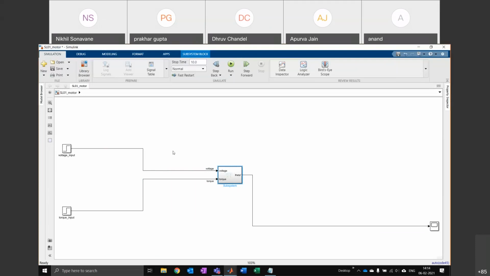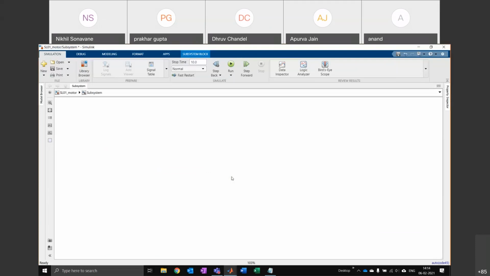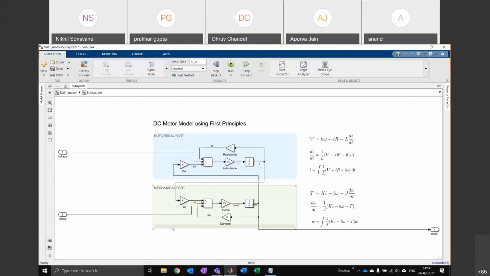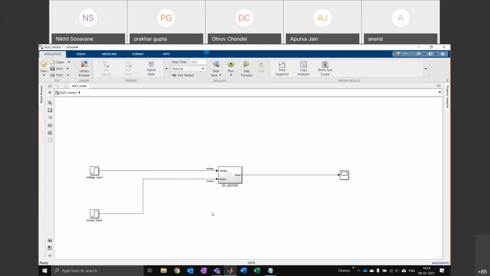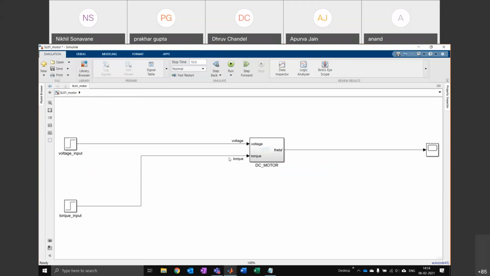If I want to go and see the low level design, I can double click on the subsystem. It will take me inside and show me all this. Otherwise, I just hit this up button here and it will take me outside and I just see this. So I can relabel this. I can call this DC motor. Okay. So the advantage of this is Simulink allows me to get rid of all the complexity and focus just on what is important now. All I have to do is find a way to control this system.